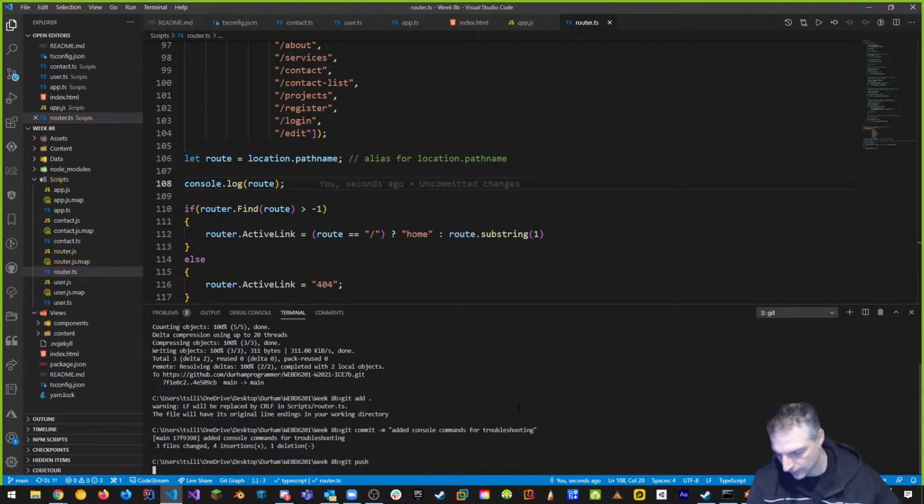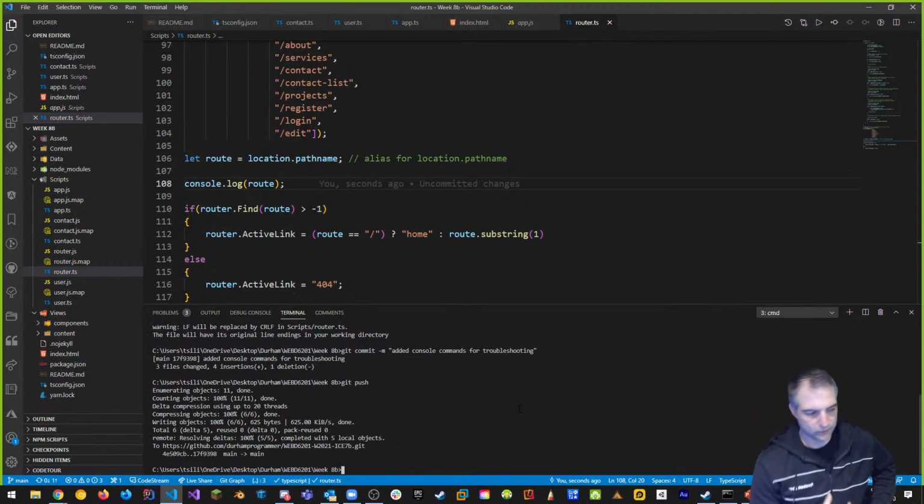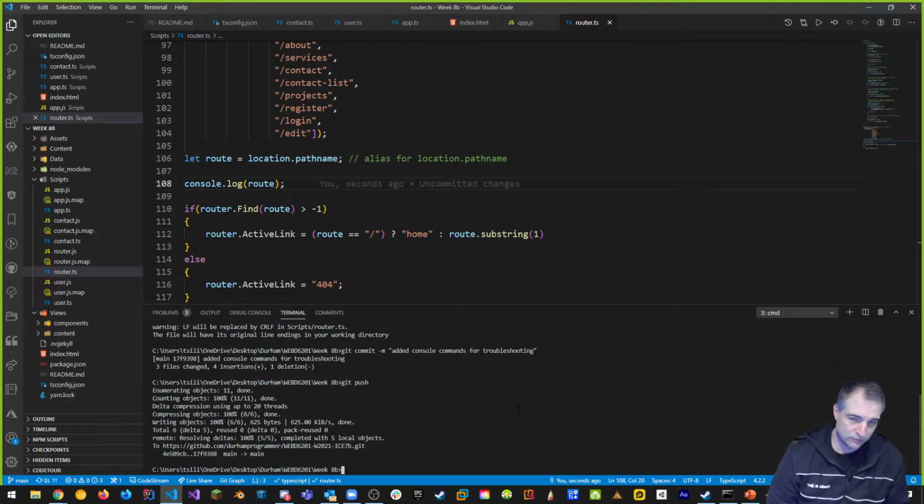Git push. All right, and I'm doing this to show you that sometimes things work locally, but they don't work remotely, right? And they don't work remotely because we made some assumptions. Our single page application works great locally, but remotely, no. We'll talk about how we can fix this in a sec.